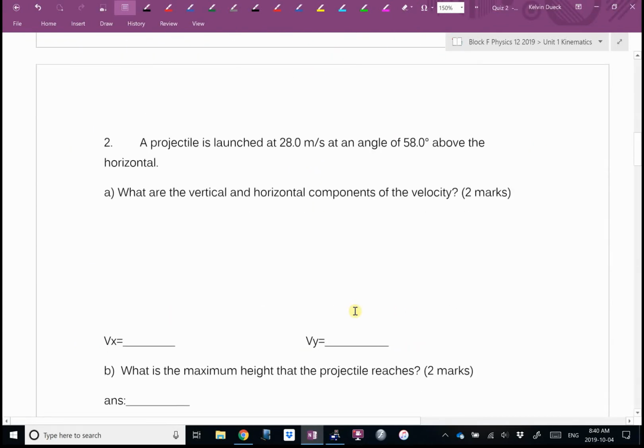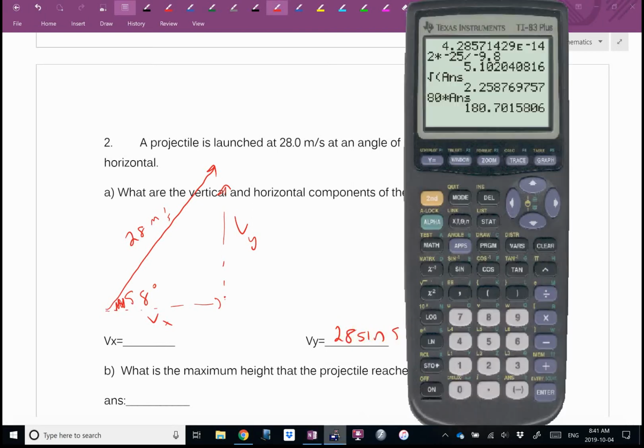Projectile is launched at an angle. Did I say angle above the horizontal? Okay. It's going to be 28. You know what? 58 degrees is steeper than 48, so I'm going to draw a little steeper than that. 28 meters per second. And we're going to have Vx and Vy. And theta was 58 degrees. I seem to recall that Vy was 28 sine 58,